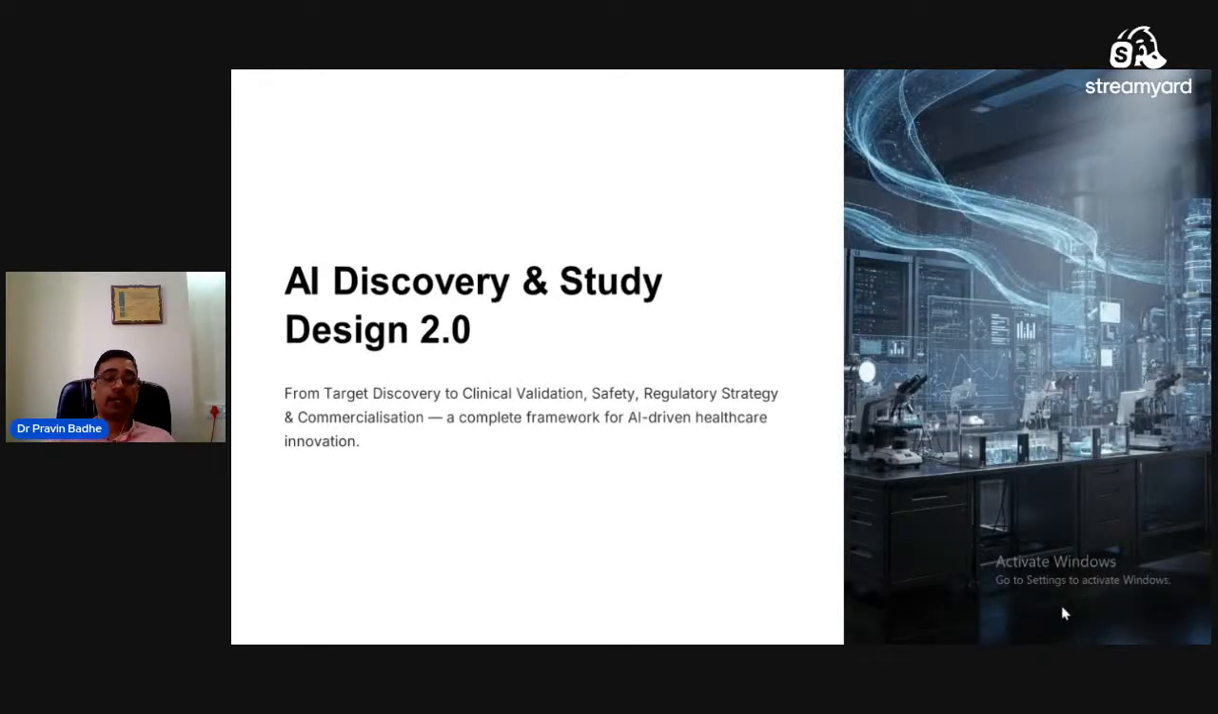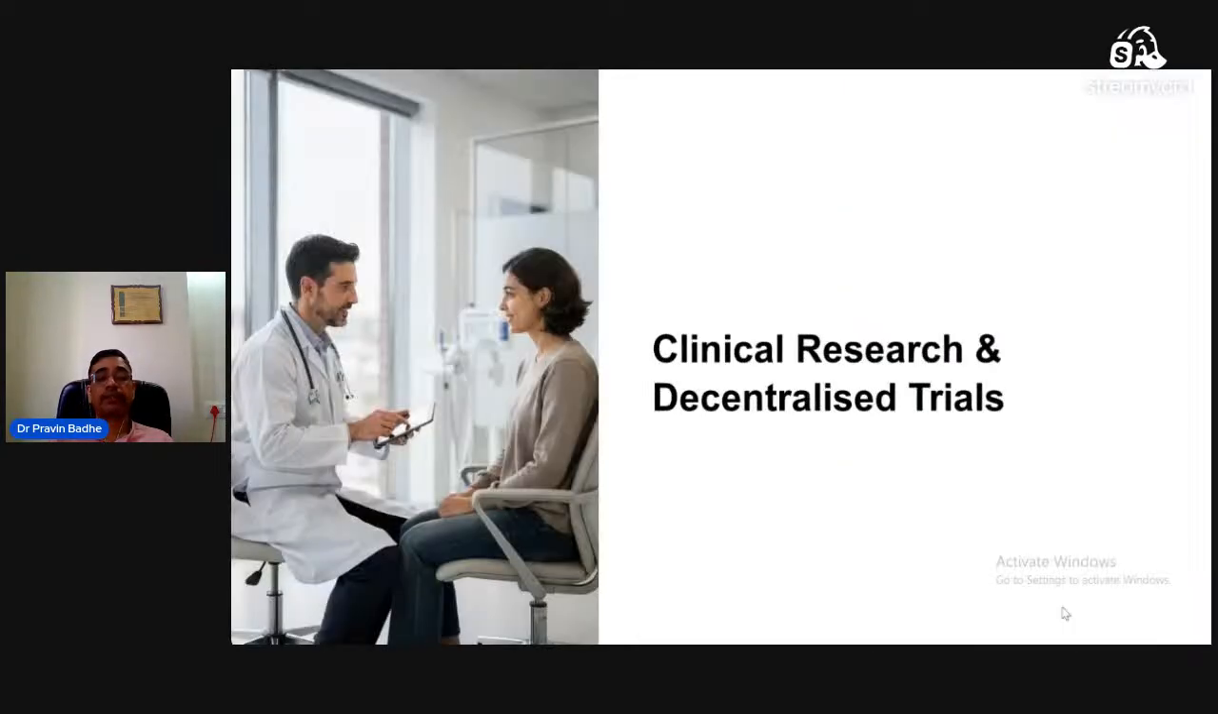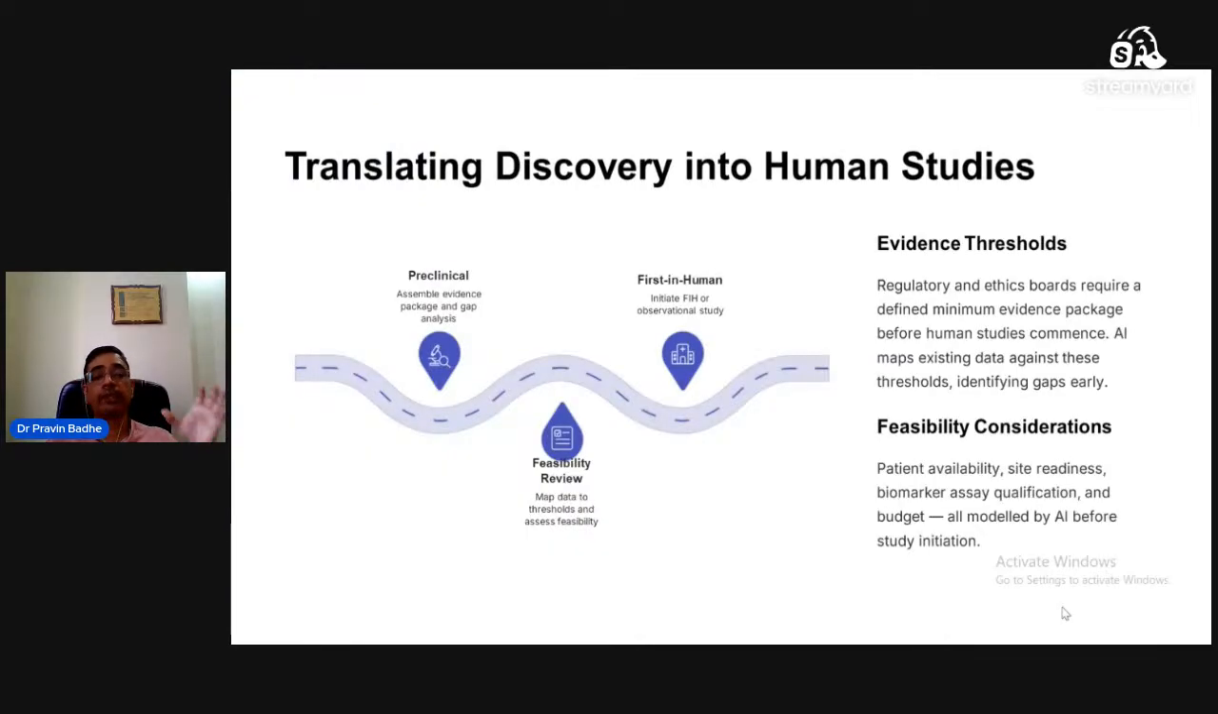So that was understanding the targets, so we can take it further into the clinical validation. And for our product, it was about clinical research, where we are utilizing decentralized trials. I will be showing you the platform. So the information, or you could say the evidence, that we collected from the AI that they have mapped in